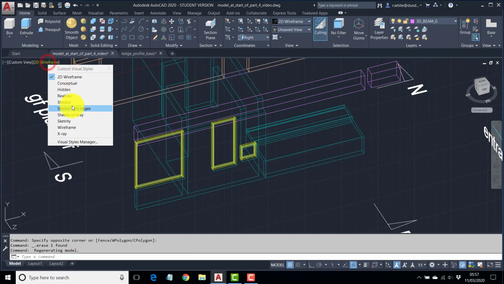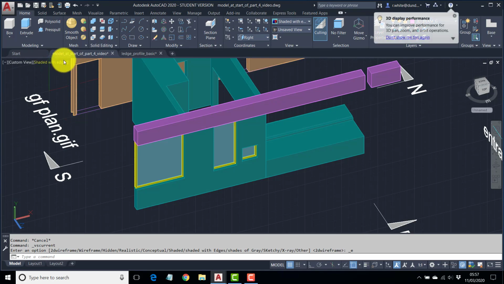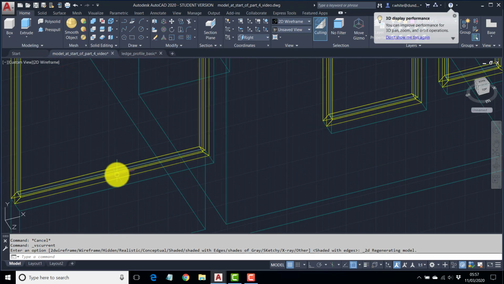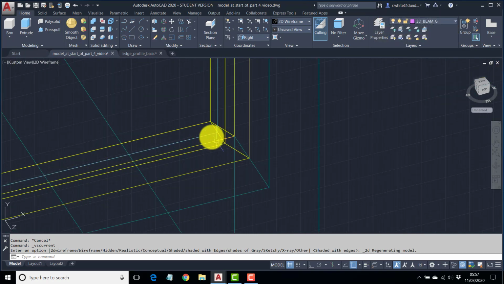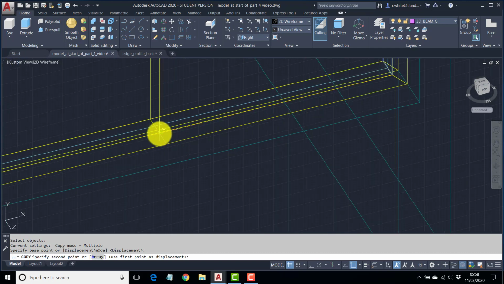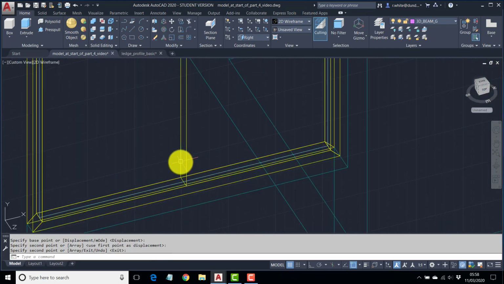Okay, simple windows. Okay, this window does have a division in it, so if we copy the vertical 3D face here from endpoint to midpoint, okay,